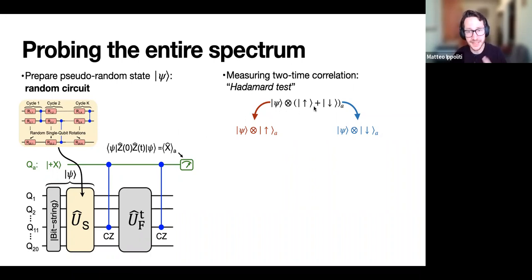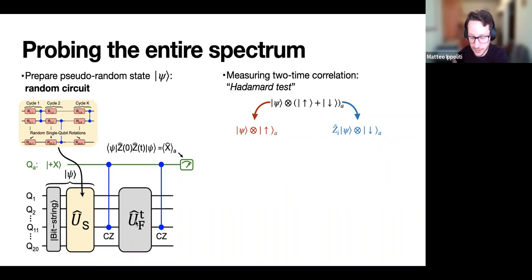So basically, preparing this ancilla in this up plus down state creates, in some sense, two branches to the time evolution, an up branch and a down branch, which exist in parallel. And we start out like this, right, with the same state psi on both of them. After the first coupling with the ancilla, the controlled Z gate applies a sigma Z only in the branch where the ancilla is down.